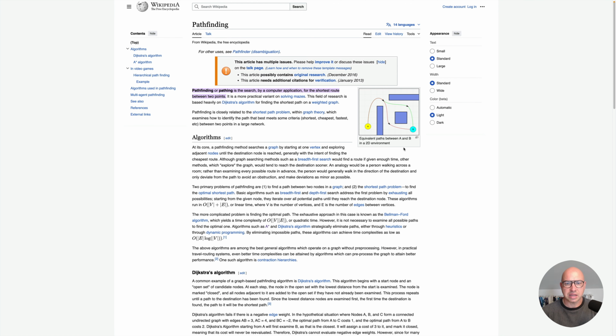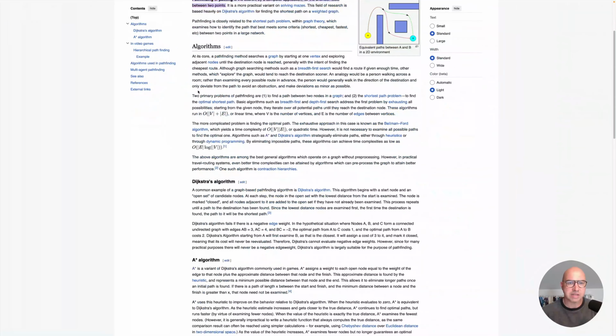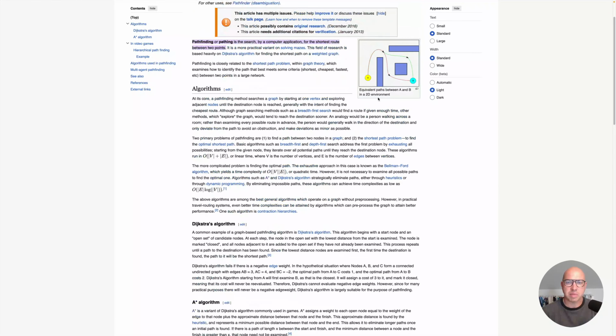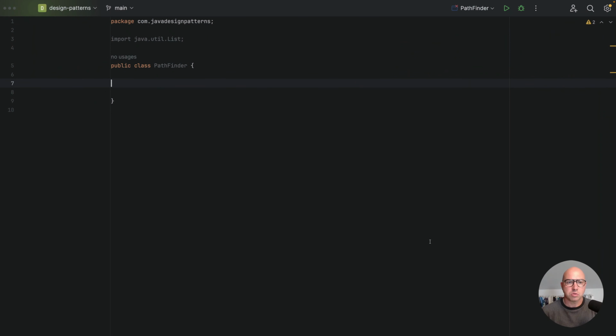Now let's have a look in Java at how we can manage this. So we have our class, the Pathfinder class, and for each algorithm that you can find, so when we go back, there are several algorithms, the Dijkstra, the A star, each of them has a different method of calculating from point A to B. So now let's imagine we go to our Java application and we actually start creating one method for each individual